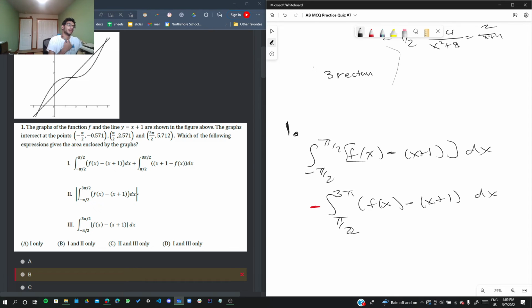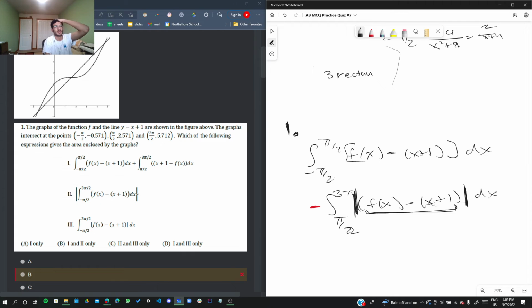But what you can also do is just take the absolute value of this, and if you take the absolute value, you're going to have the positive area, because if you subtract this and you get a negative answer,